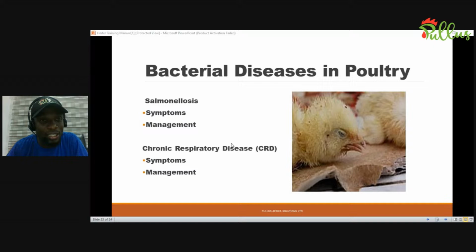Anytime you start using any antibiotic, use it for at least 5 days before you reach out to any of our extension officers, and they will give you advice if you're supposed to actually change it or not. Because sometimes this brings about what we call resistance. What do I mean by resistance? Some of these bacteria that are found inside the system of these chickens, if you use a drug for a day, they might be resistant to that drug, and then you are breeding resistant bacteria.